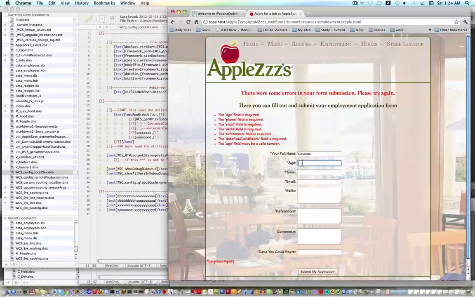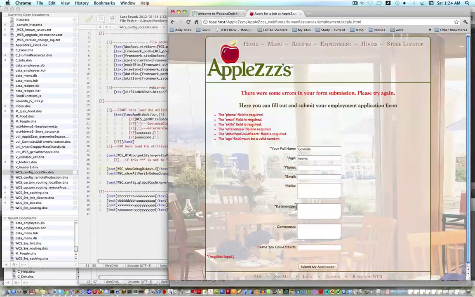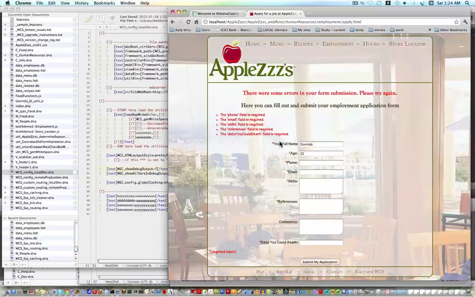Age is needed. Young. Age field is required, so I put young. It doesn't say that anymore, but now it says, or it said it all along, I can't remember, age field must be a valid number. So 22. I'm not 22, but anyway. Now that's gone. See, anyway. This form validation is happening